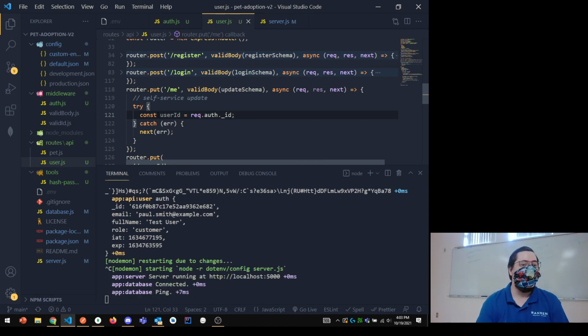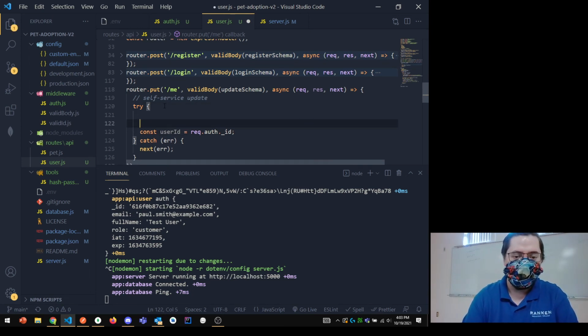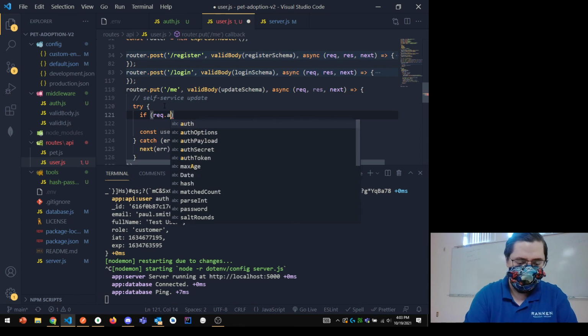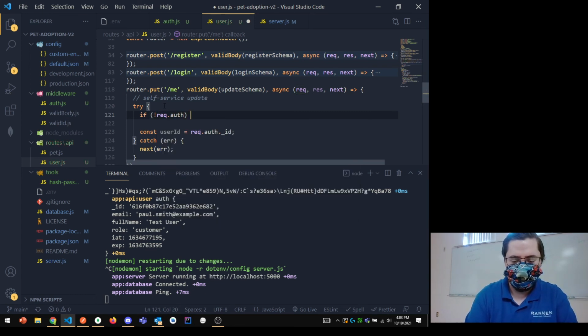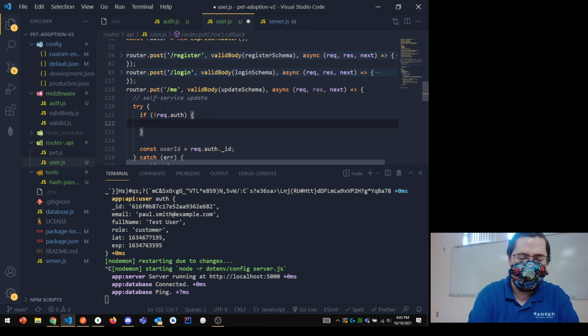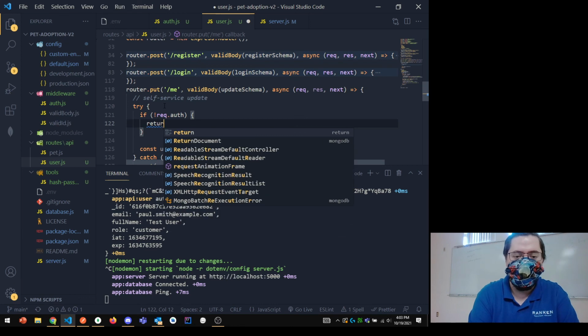Now, I might want to guard this and make sure that the users can't do anything if they're not logged in. So I might say, for instance, if request.auth, if that's not there, then I want to go ahead and just get out of here. So maybe we return